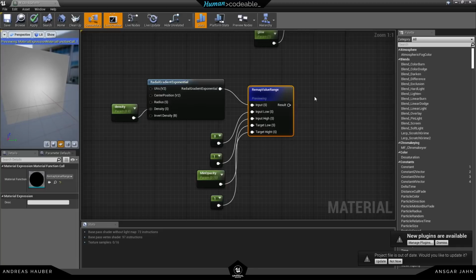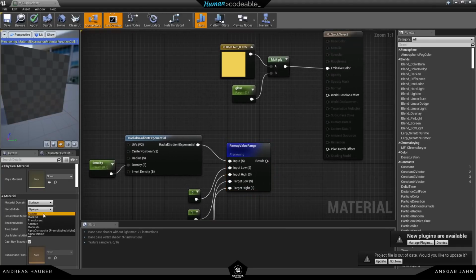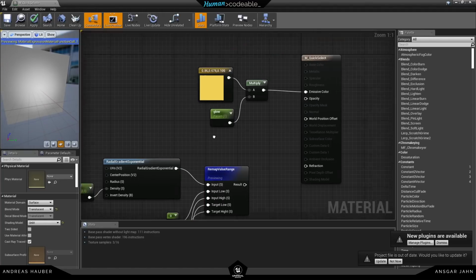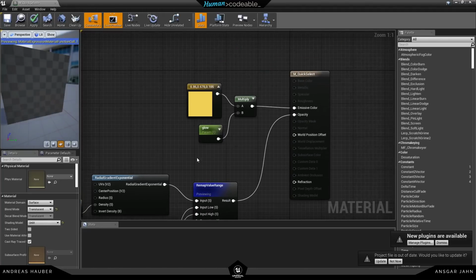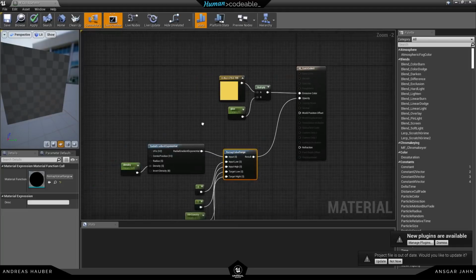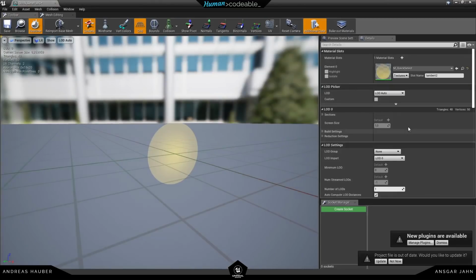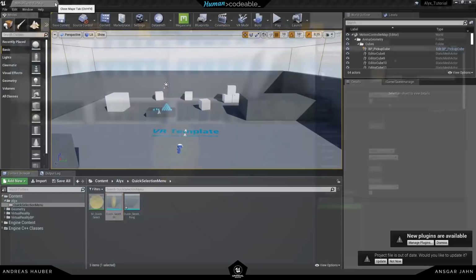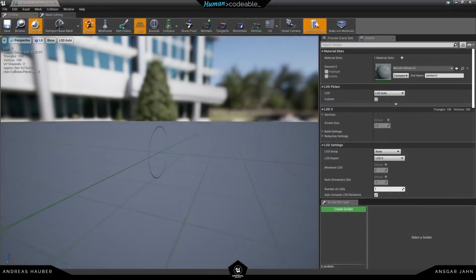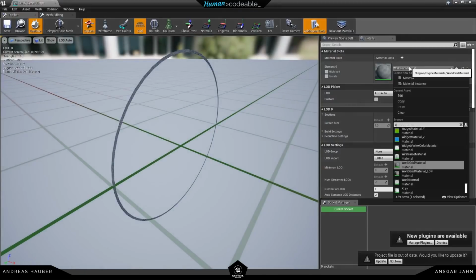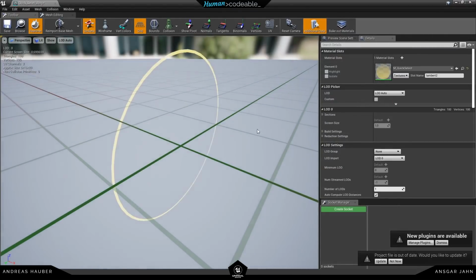So now you can see we have a nice radial gradient on the plane. Let's change it to be translucent and drag this into our opacity channel. And this is the result. It's not one-to-one like in the video, there are more effects in there, but for a starting position I think this is fine for now. So let's apply this to both of our meshes